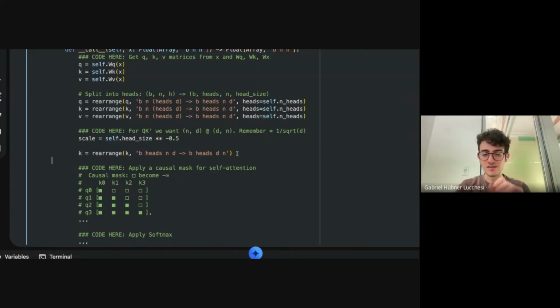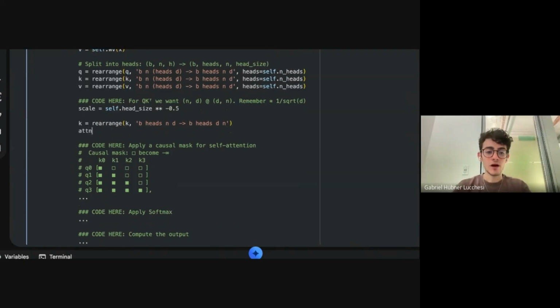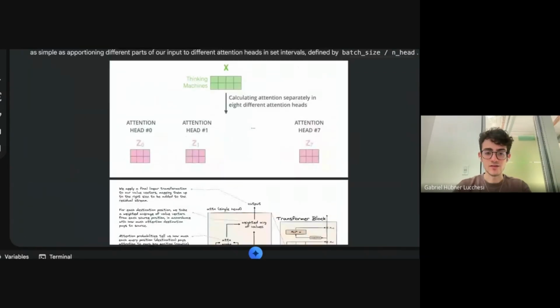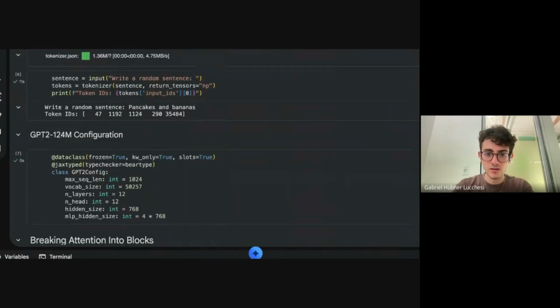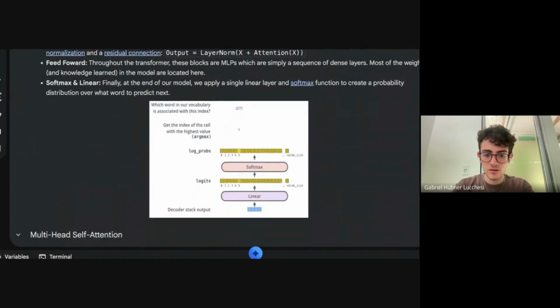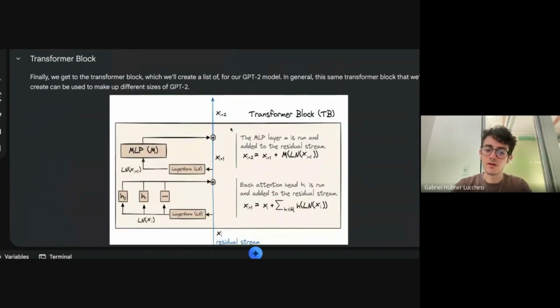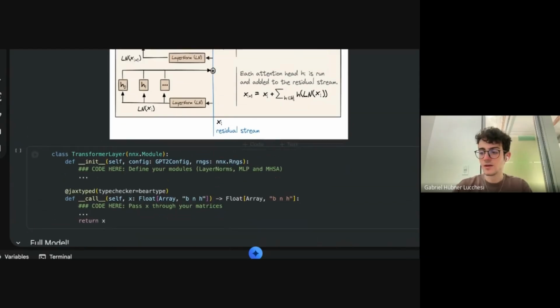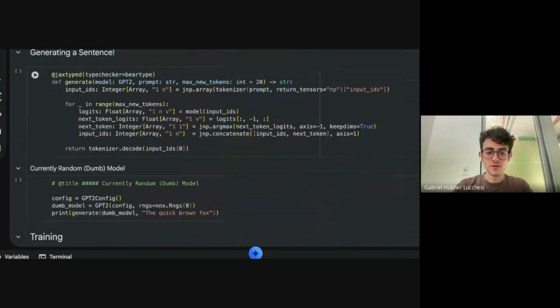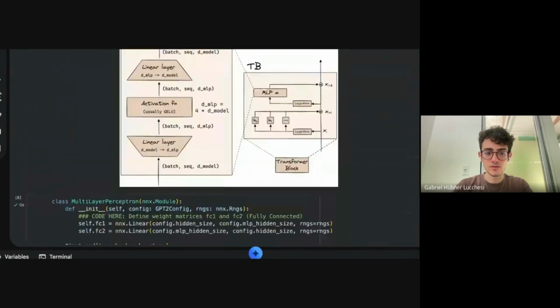It's just rearranging these 2 here so that we can operate on them. And then now we're going to calculate the attention weights, which is that stage here. Attention probabilities and attention weights are the same thing, just before or after a softmax. So the attention, where is it?